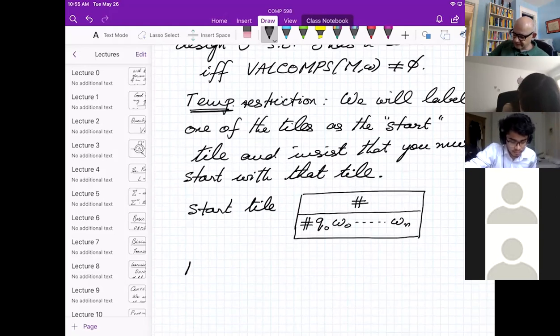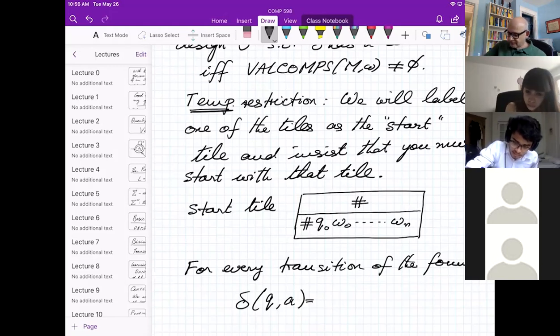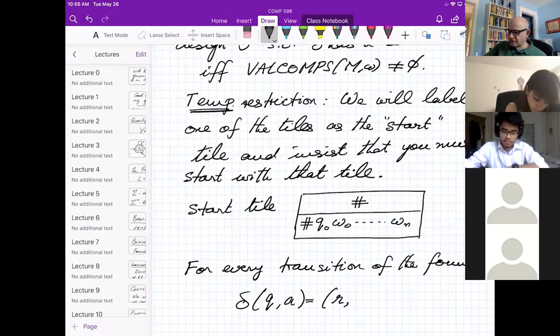So for every transition of the form, so we have transitions that tell you if you're in a state Q and you're reading the symbol A, then you change the state from Q to R, you erase the symbol A and you write the symbol B instead, and you move one step to the right.